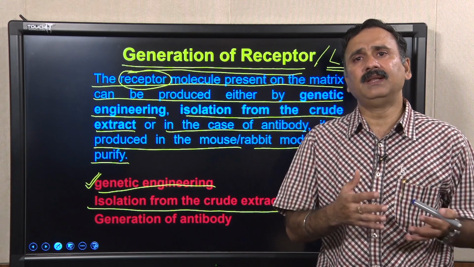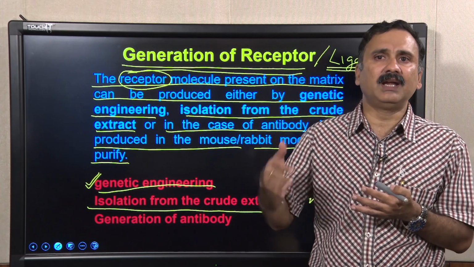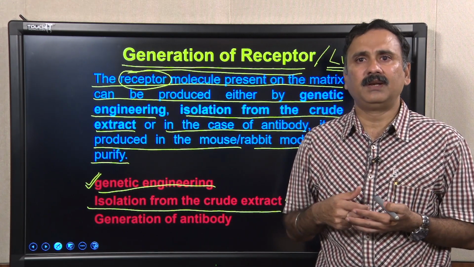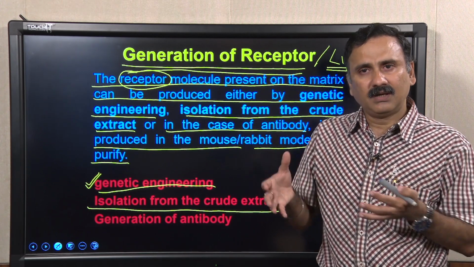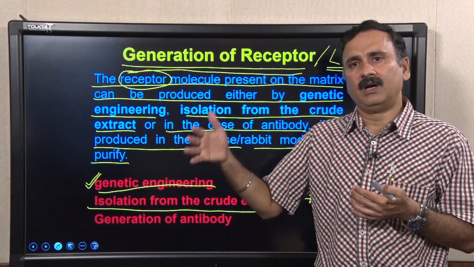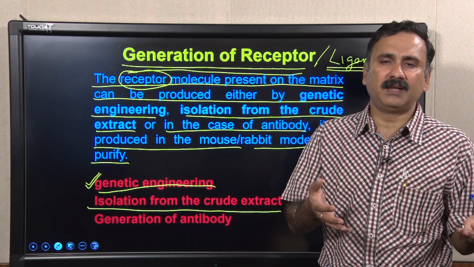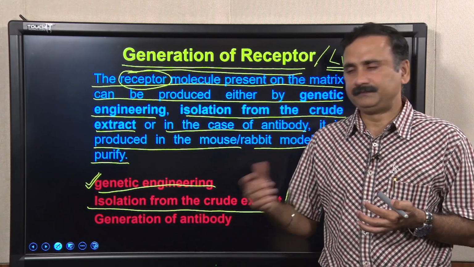The second option is that I can just use antibodies directed against the insulin receptor, and take the insulin receptor out of the crude mixture. That receptor can then be used subsequently for other affinity chromatography techniques. For example, I can use the insulin receptor to purify insulin from the blood.